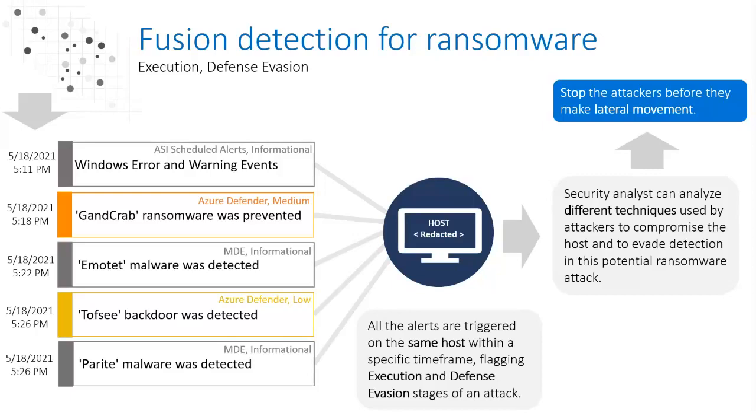Because this particular Fusion incident is focused on the specific host that's listed in the incident. It does not reflect the status of other machines in your network. So it is very important that you step back and look at all other machines within your network to make sure you understand the steps taken by the attacker and make sure you can stop the attack before they make more damage to your environment.